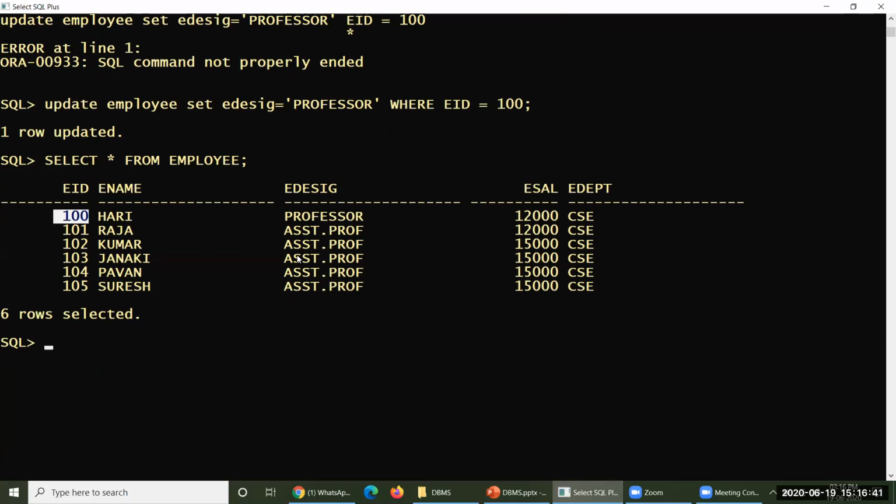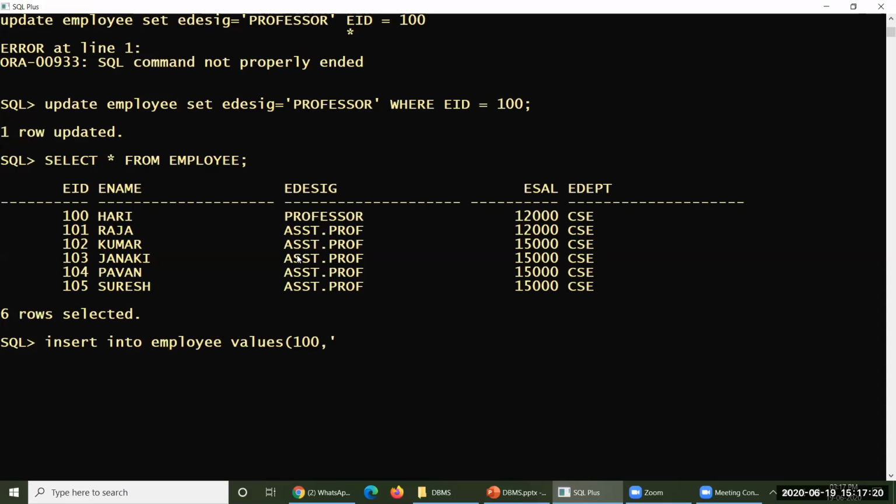Let us examine. Let me insert one more new row with the same number. Insert into employee values, and I'd like to specify 100. If you enter this 100 manually, then Oracle or the SQL system should verify whether it is already available. If it is available, it should say that duplication or uniqueness has not been followed, so 100 cannot be allocated to another. That kind of message should be produced. Let us examine whether it is produced or not.